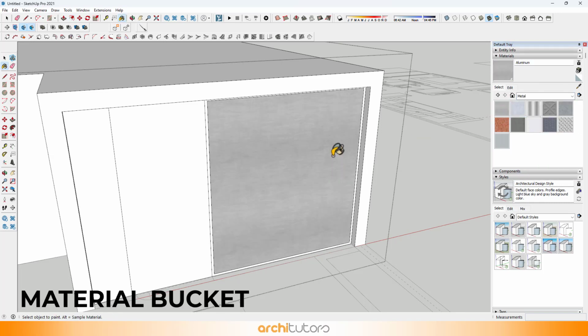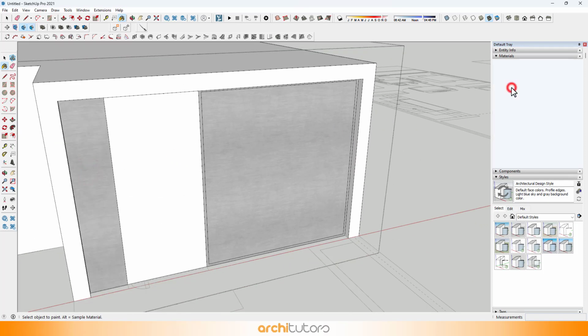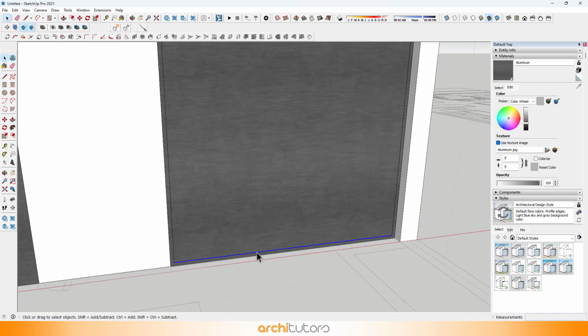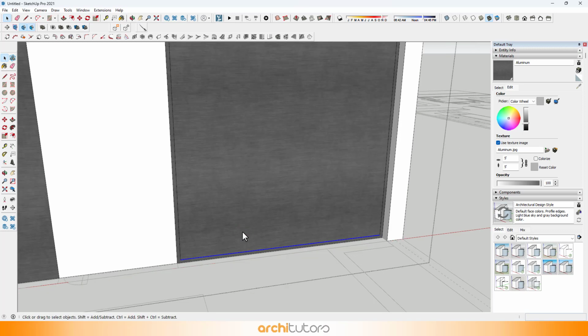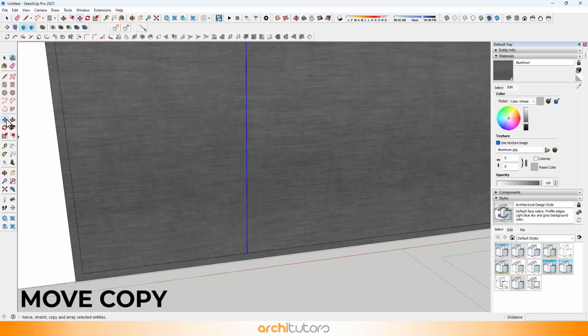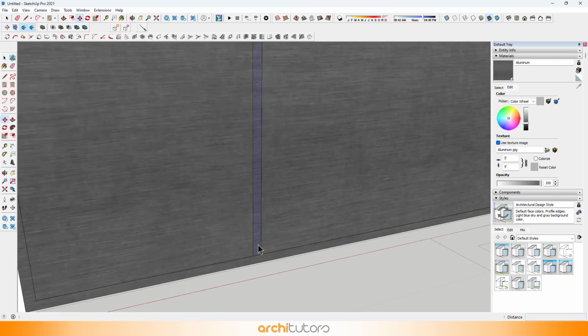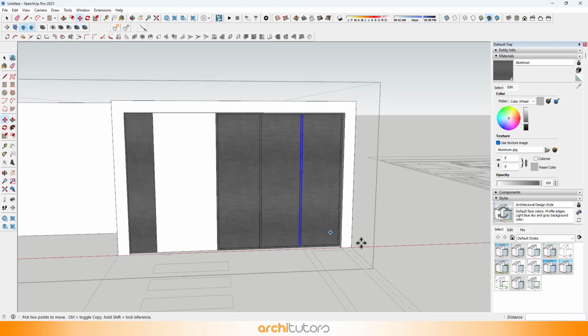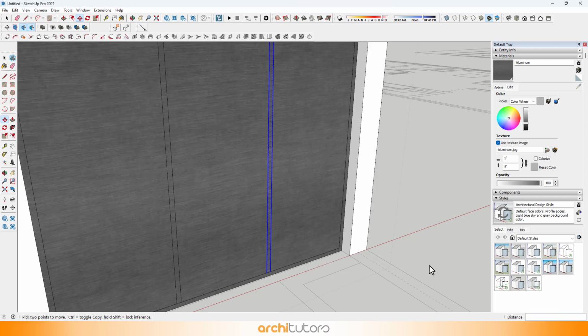Apply a material for window frame. I'll use a black metal material. I'll push the faces inwards so we have the surface for the glass.